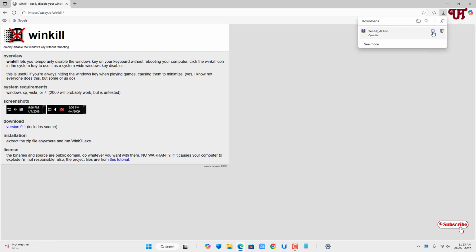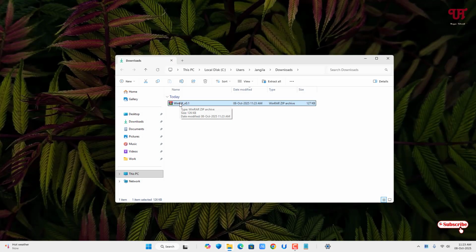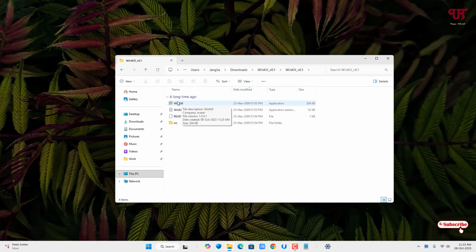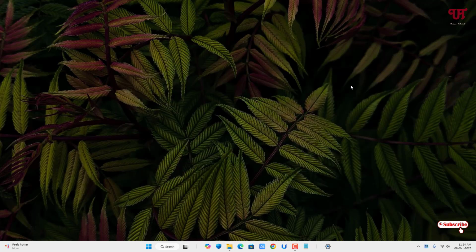So let me go to the folder where it's been downloaded and let me close this web browser. Now just double click it to extract the zip file. Now just open the extracted folder. Now you can see the first file is the application, so just double click on it. Now just click on this tray menu icon, and now you can see the WinKill icon is showing up